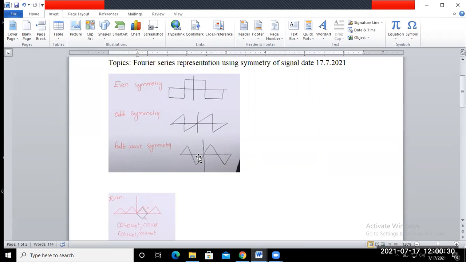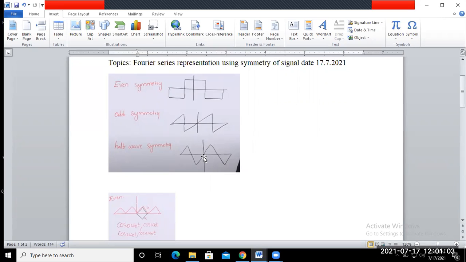Okay, this one is your odd and half wave. Half wave means if you shift this half waveform and take the revert, that is the condition of the half wave symmetry. And for the odd symmetry, if you take the mirror image of this waveform and take the revert of that, that means follow this path. So this waveform follows both the odd symmetry as well as the half wave symmetry.